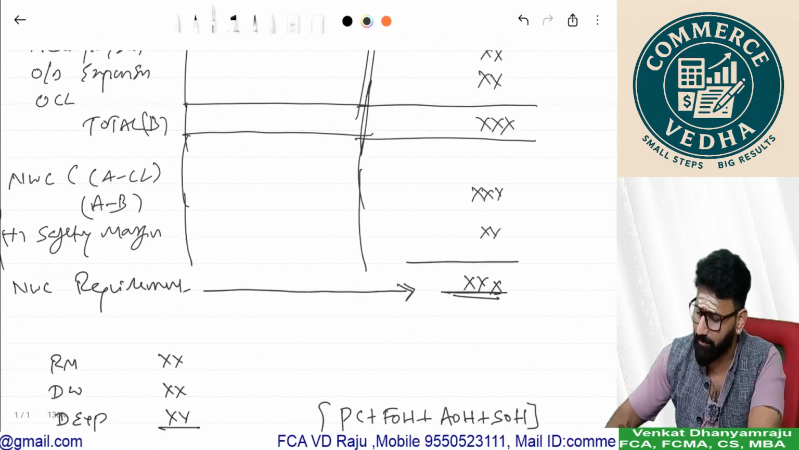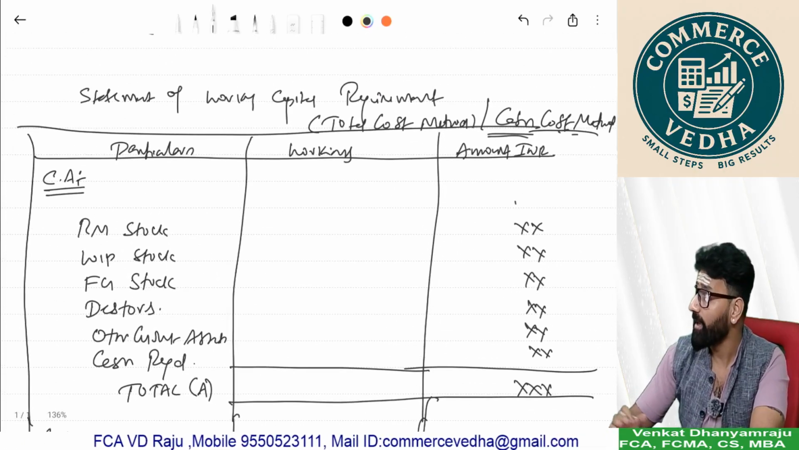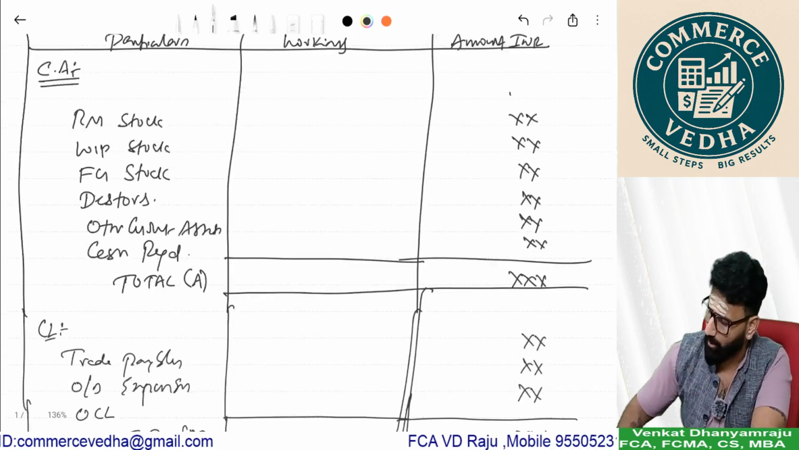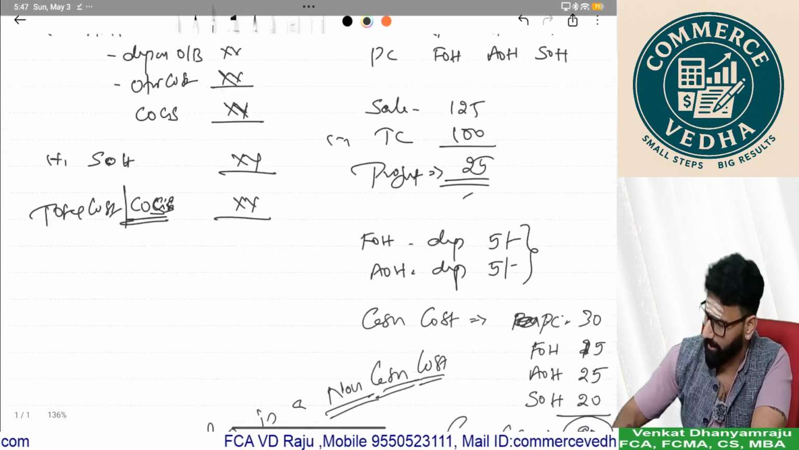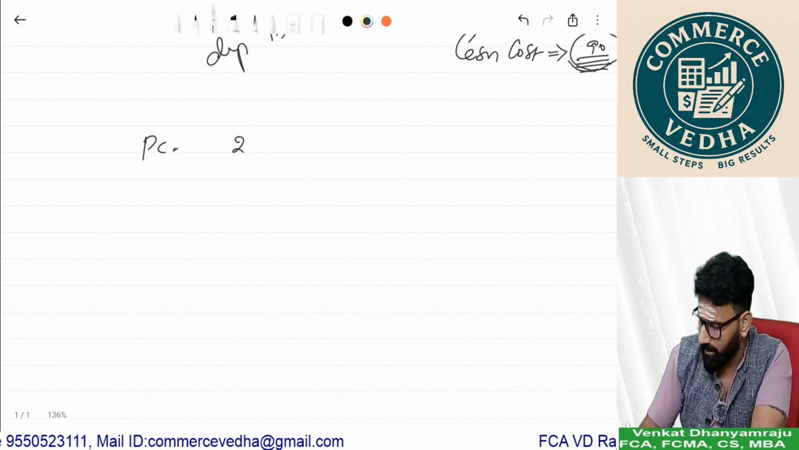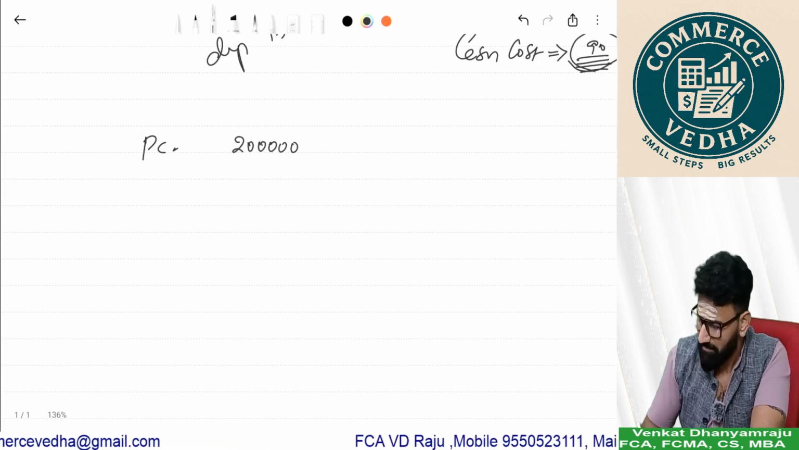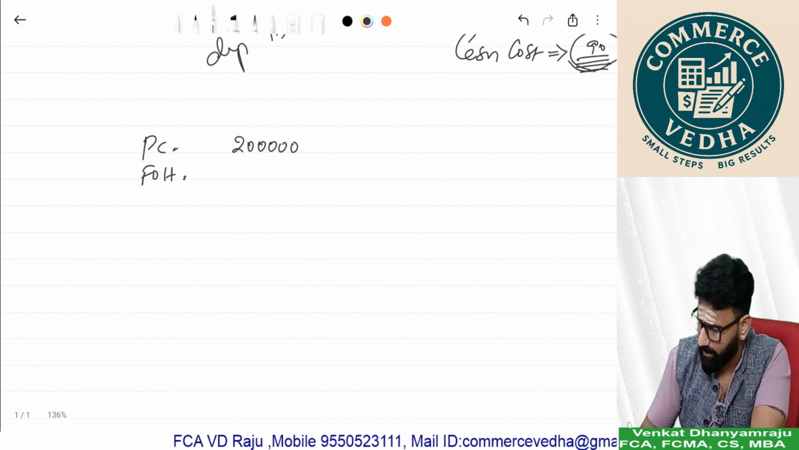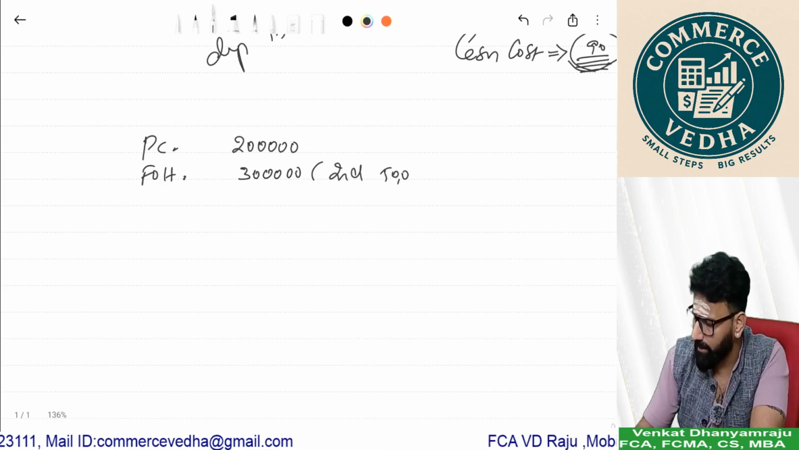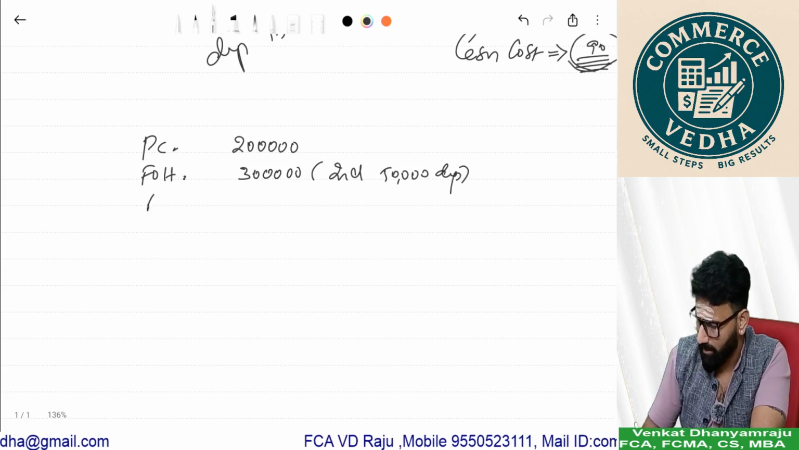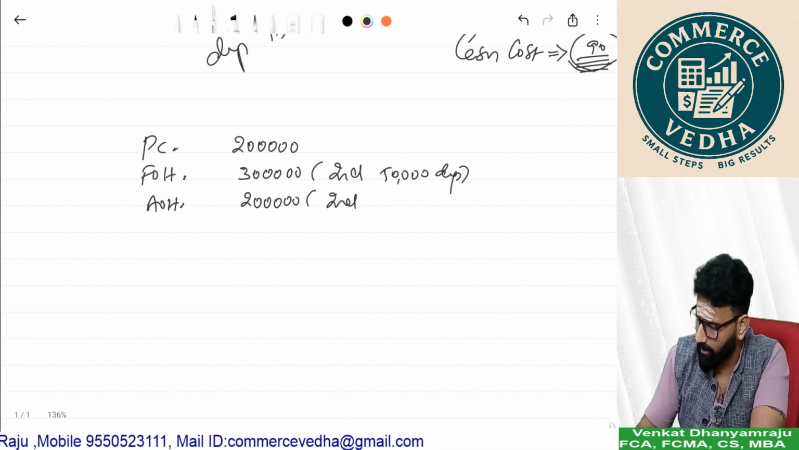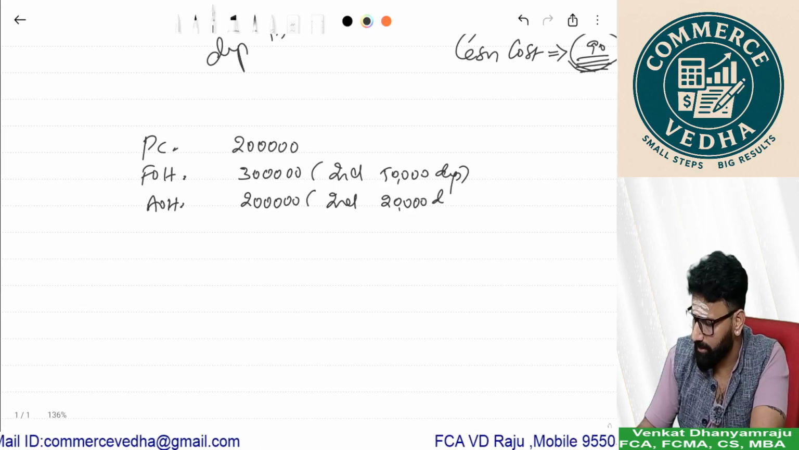So this entire statement is either to be prepared on cash cost basis or on total cost basis. Now, one more small example I'll give you here is, prime cost, say 2 lakhs, and factory overheads 3 lakhs, including 50,000 depreciation, admin overheads 2 lakhs, including 20,000 depreciation,